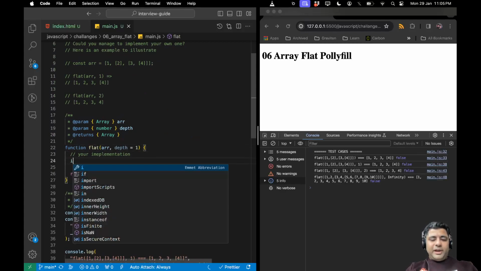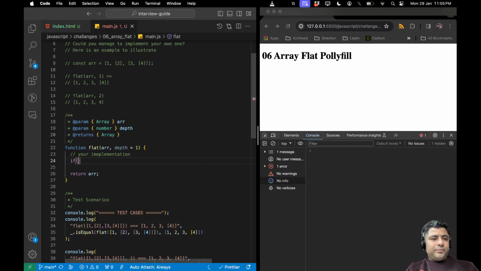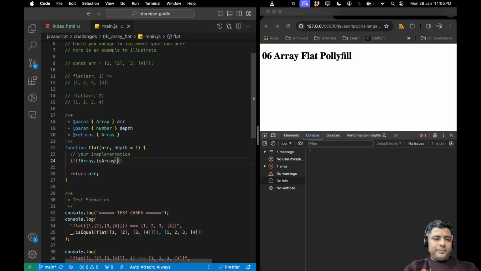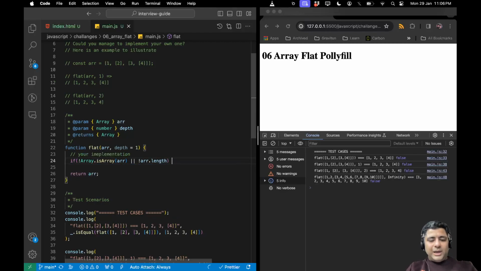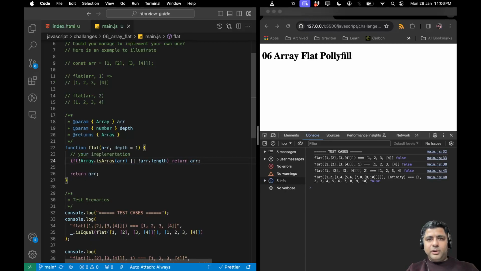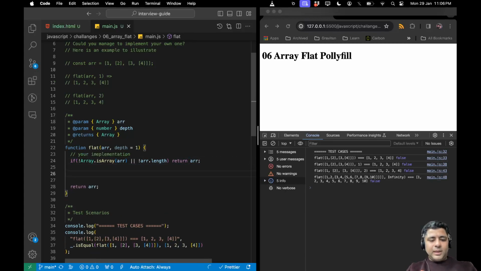At first we will handle the scenario when our given input is not valid, and for that I can check if the input is not of type array, or array.length is 0, meaning there are no elements in the array. If any of these cases is true, whatever we are receiving as an input, return that. Else